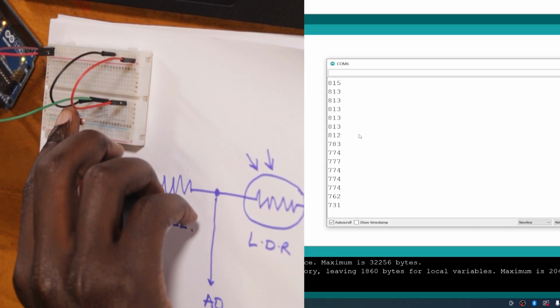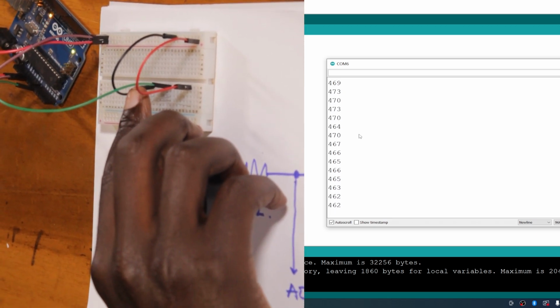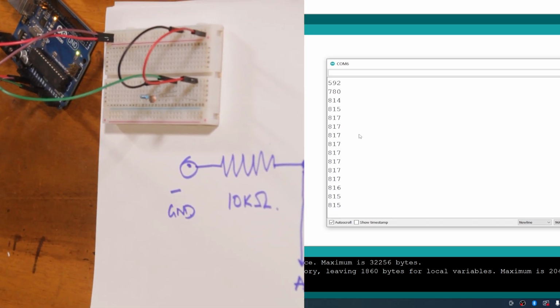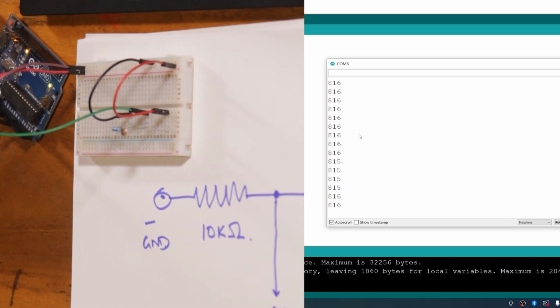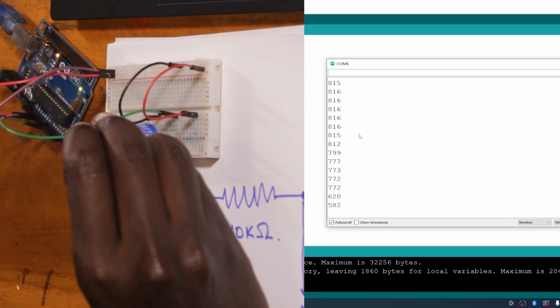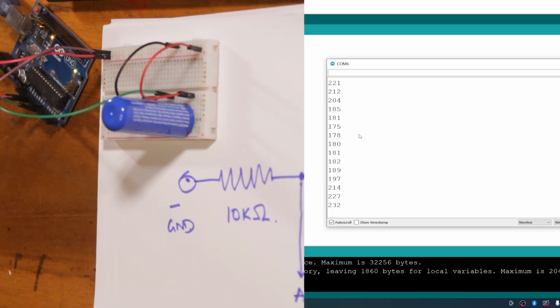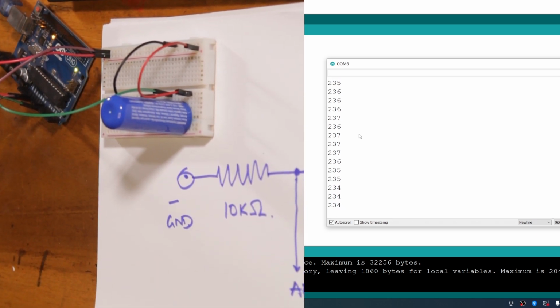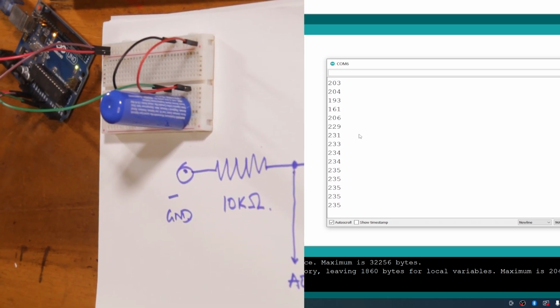Now, this room is very brightly lit because of the studio lights, but as I cover it with something, my hand for now, you'll see it go to 0. There's a lot of ambient light, but I think there are ways you can darken it. There you go. So when it's fully covered, the amount of light coming in actually goes down all the way